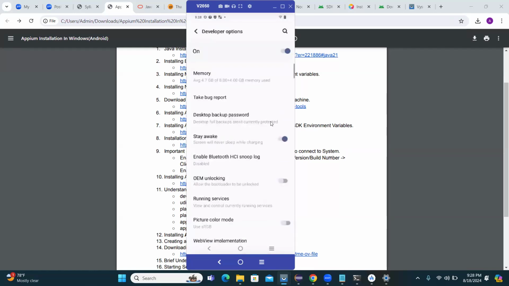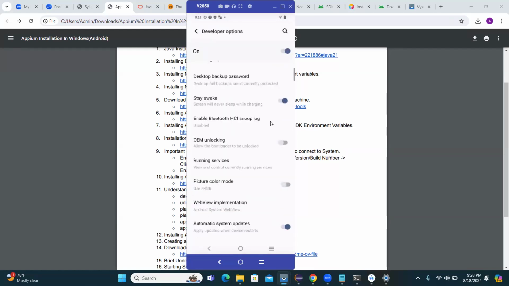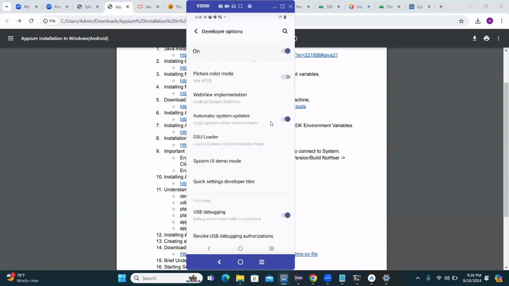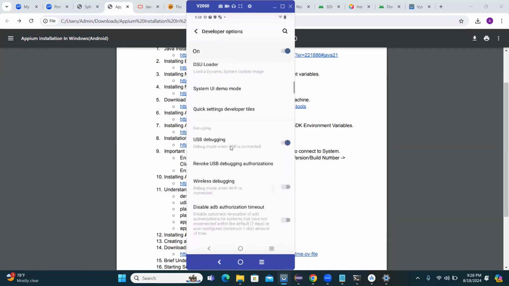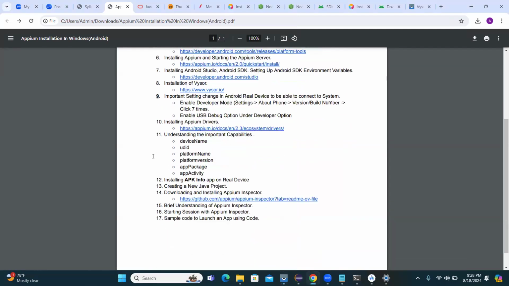See, I'm repeating this again. For different brands of phone, this might differ, but you can Google it. For all the phones, you'll see the options available on Google. But make sure that inside developer options, this USB debugging is enabled. Okay. The next thing that you'll have to do is,